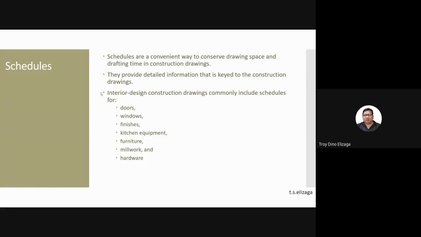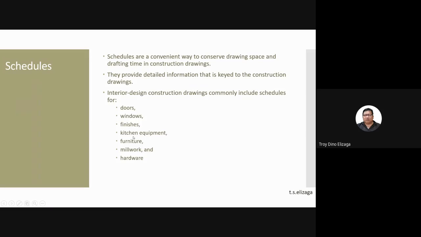Now, for this session, we're only going to talk about doors, windows, and finishes because the principles of doing schedules is the same for the rest: kitchen equipment, furniture, millwork, and hardware.